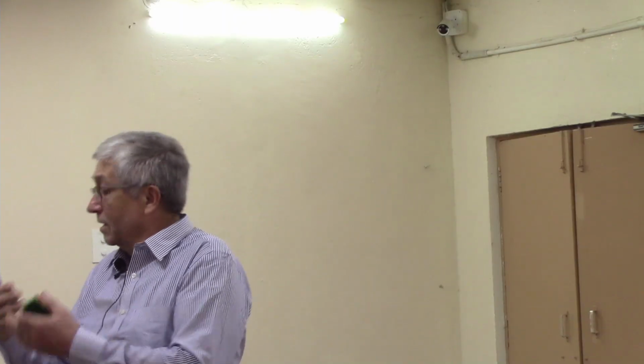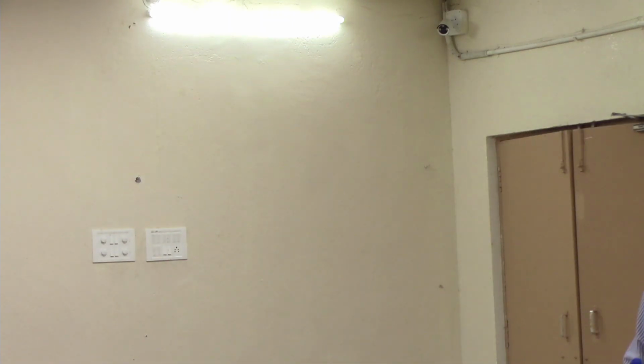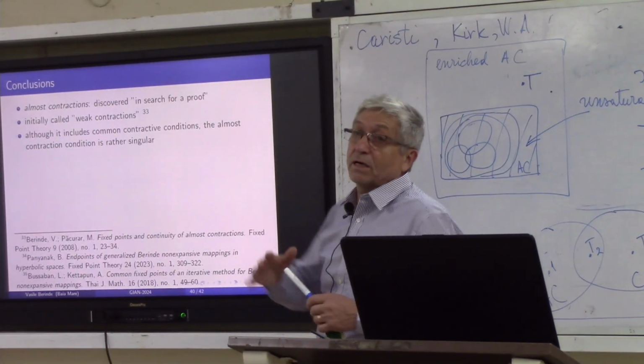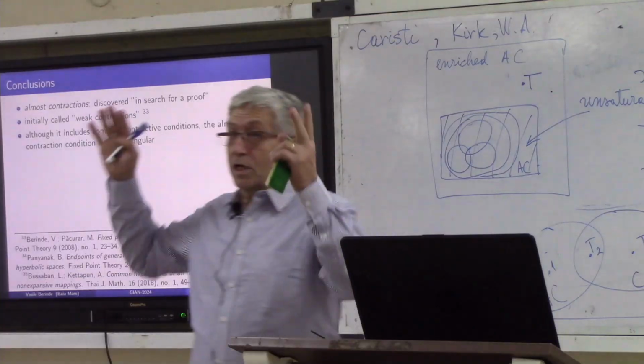Take the Banach contraction principle and try to prove it in another way, not the usual way Banach did, by considering the sequence of successive approximations and proving that this sequence is Cauchy, is fundamental, then in a complete metric space it is convergent, then let's see x star its limit, and we prove that the limit is a fixed point. So he tried another version, and he introduced what is now called the Caristi mapping. It's a more general version. It also includes,